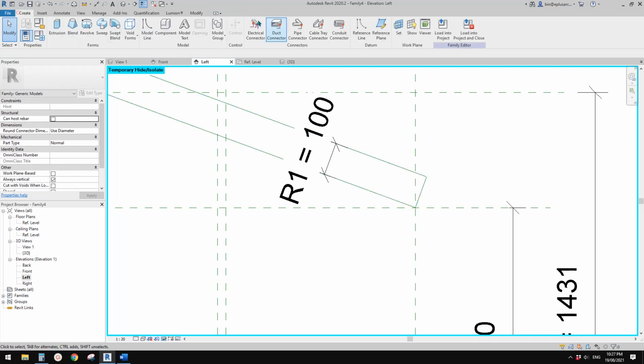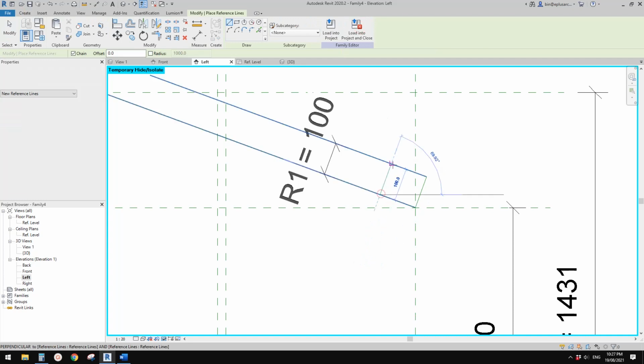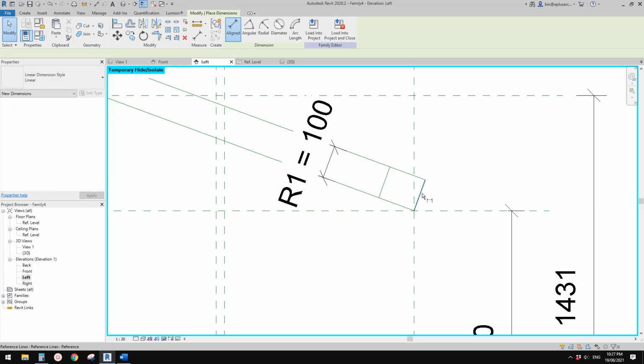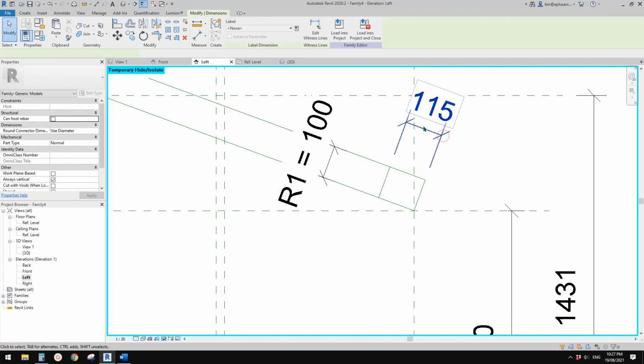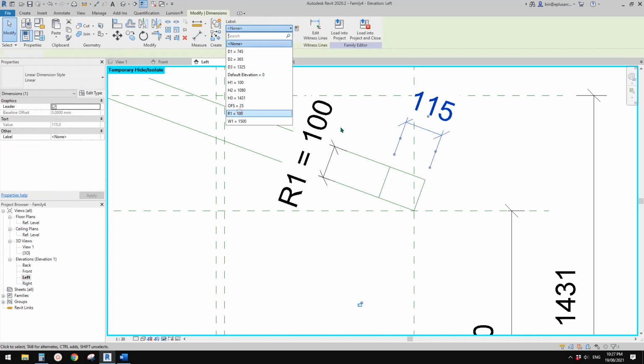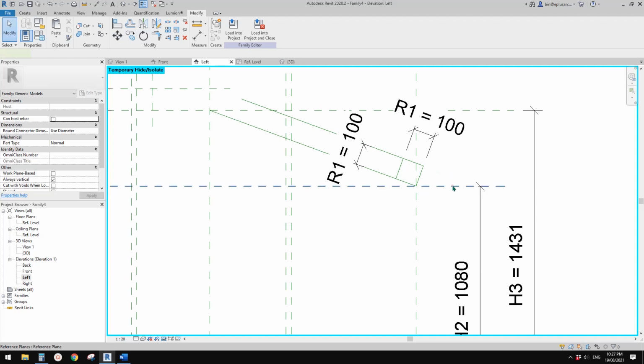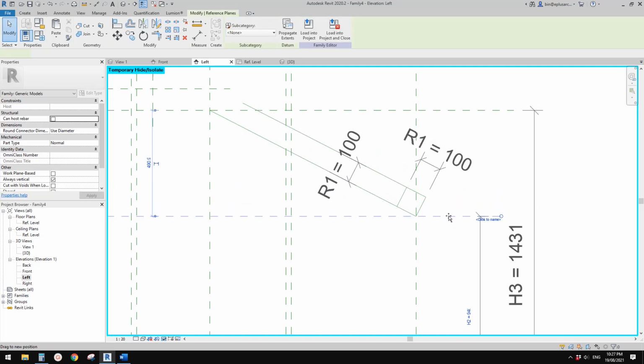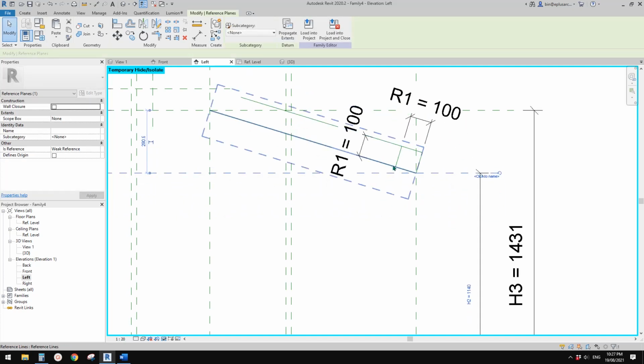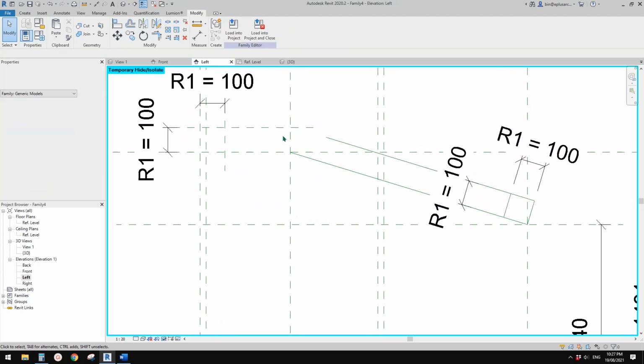So I'm going to just create another one here, and so same perpendicular to this one, and do a dimension, and this dimension go R1. So now let's try this. So you will see this is always 100 by 100. So okay, so now we can create that